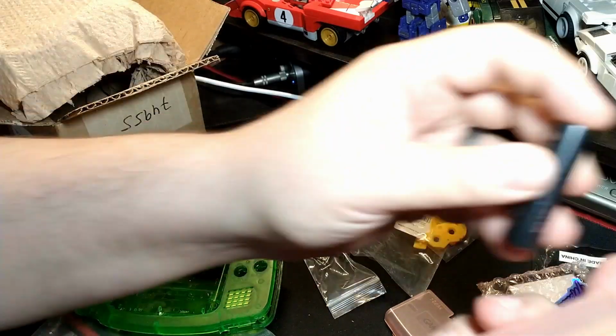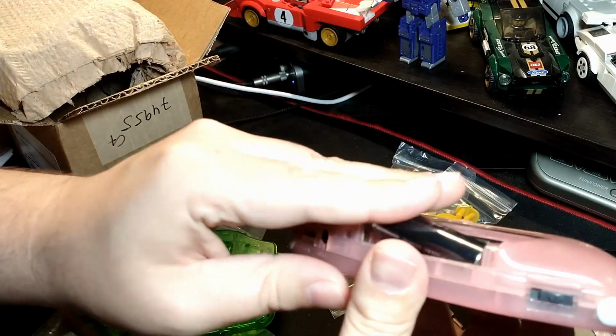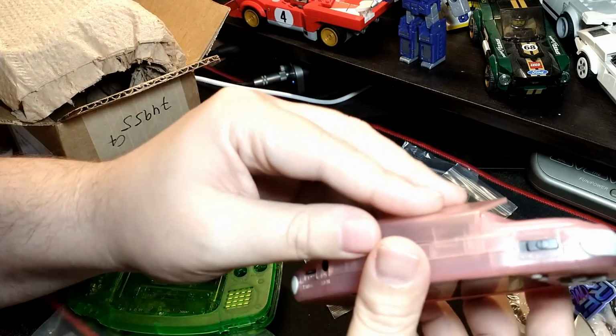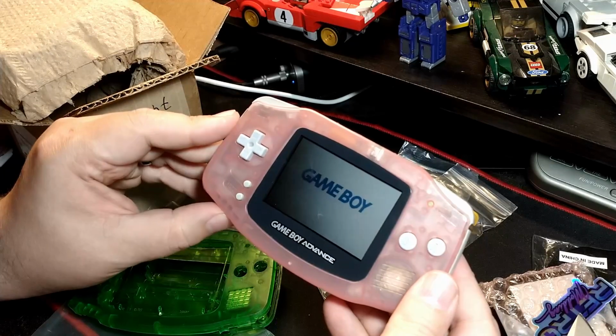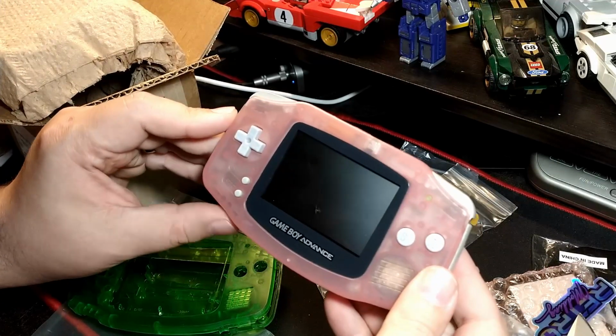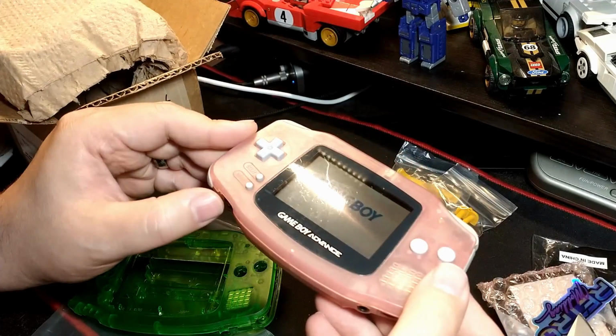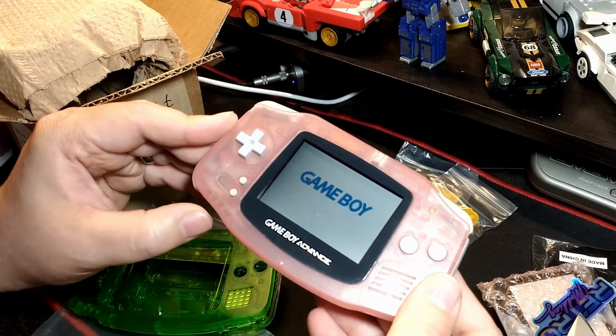This is the GBA that we're going to be using for the mod. This is an extra one that I had lying around with the intention that it would probably one day be used for a mod. So we're going to give it a quick test. I noticed the power button on it is a little iffy, so that is something that we will clean. But it kind of does turn on and off